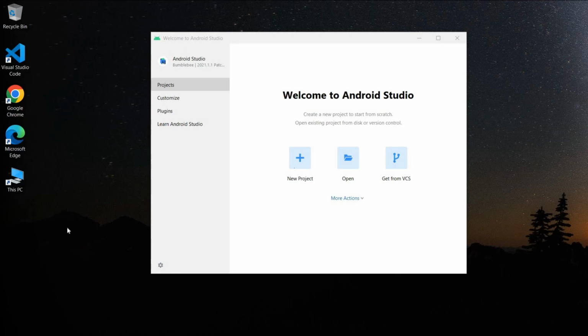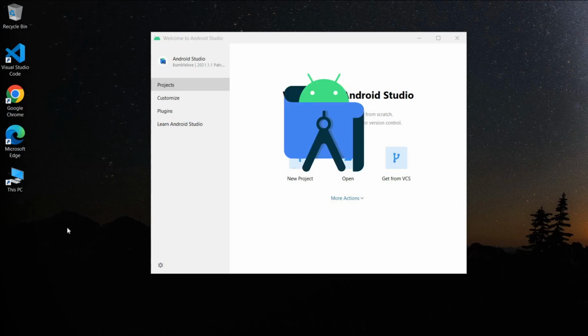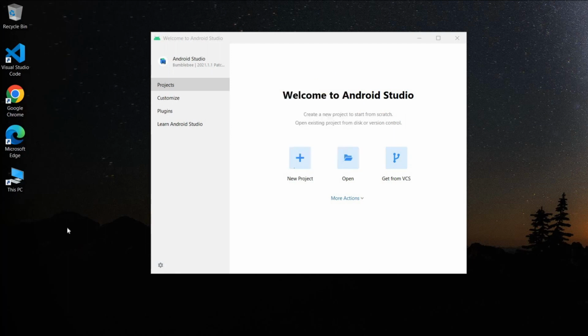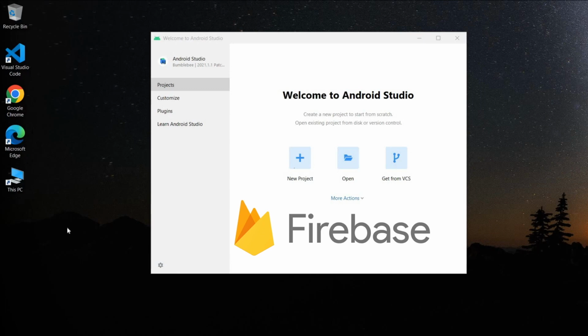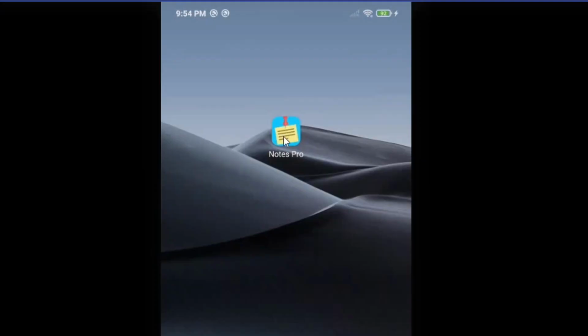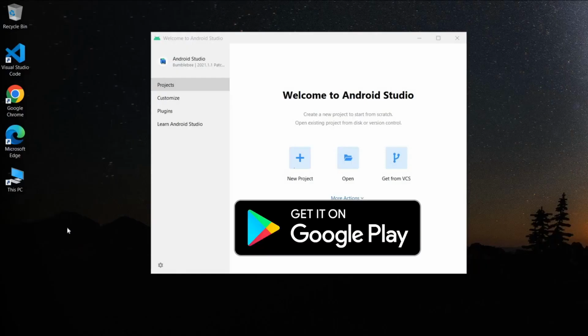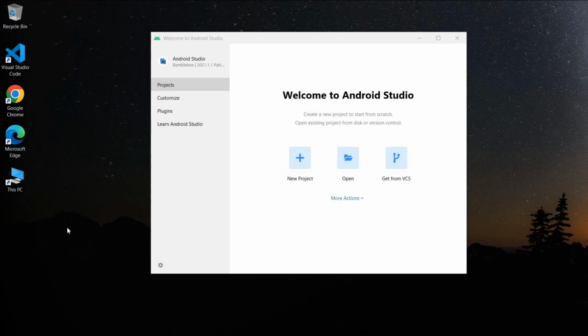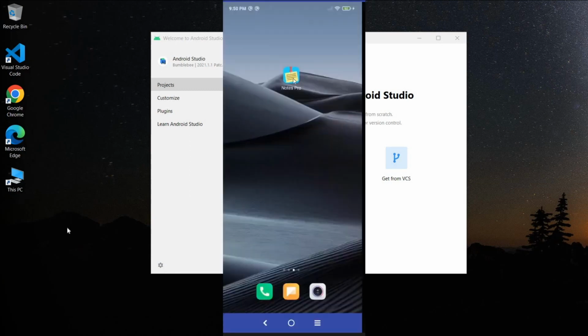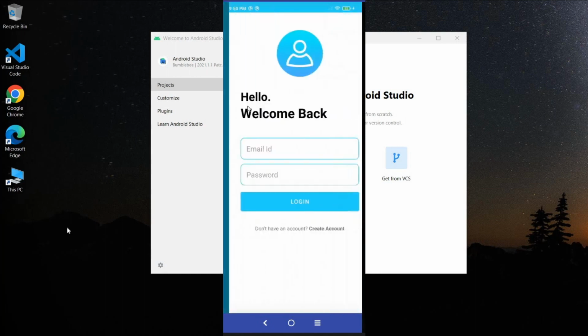Welcome back to another Android application development series in Android Studio. In this series we are going to build a complete project in Android with Firebase as a backend from starting to end, till generating the signed application so that you can upload it to Play Store or share with your friends. We will create a notes application which will have a splash screen till the data loads,